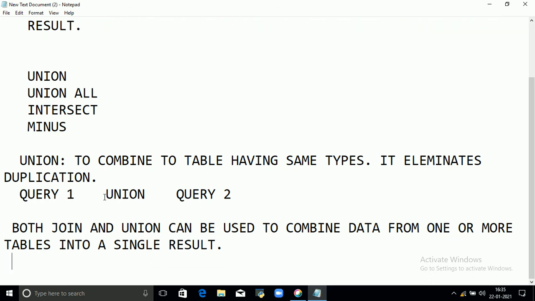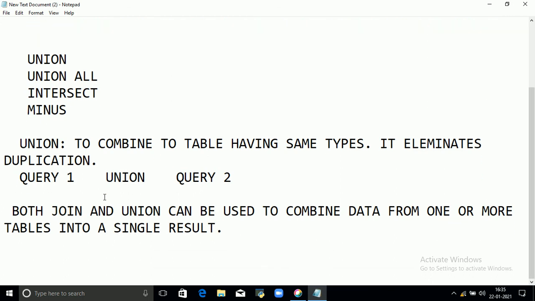Both perform the same task, but the difference is that union can be performed on the same data, but join is used to combine data from different tables.